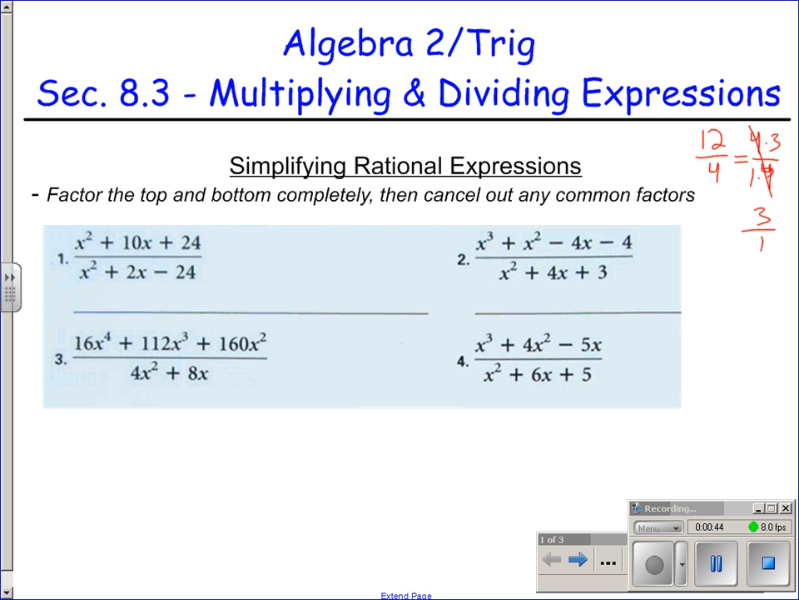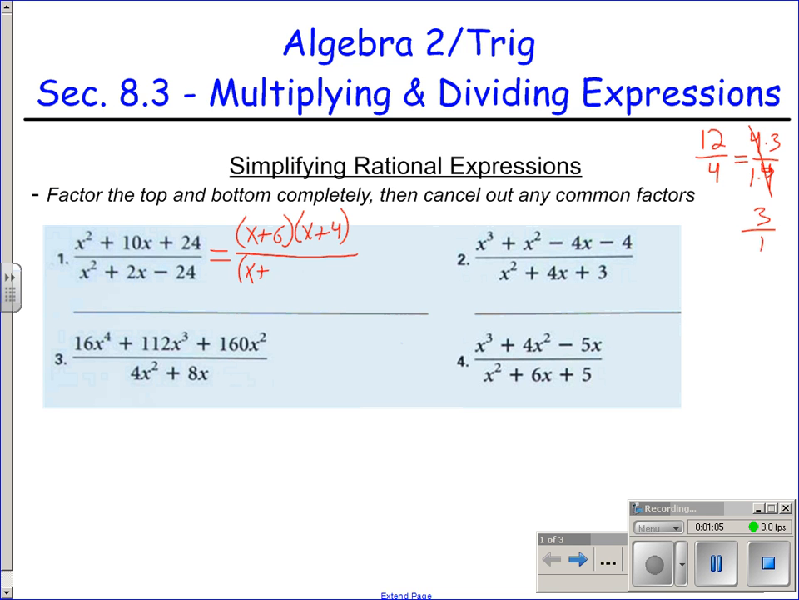Now you're just dealing with polynomials. So the biggest thing you've got to do is just factor it. Look at this first example here. The numerator factors to x plus 6 multiplied by the quantity x plus 4. You're going to divide that by the denominator, which factors to